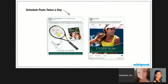And when you're creating a social media strategy for your fan promotion, scheduling is crucial. Otherwise, you're spending a huge amount of time you don't want to spend. You want to be sharing your promotion at least twice a day for the entire duration of your promotion, because with Facebook's current algorithm, you'll be lucky to reach even 10% of your fans with each post. So multiple posts is crucial, and posting it on multiple channels,